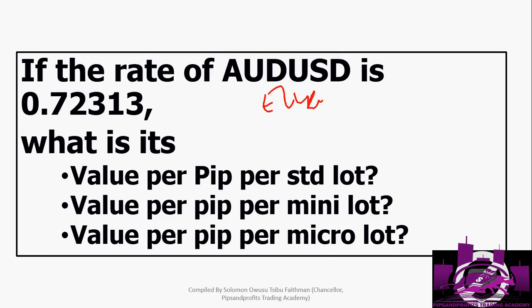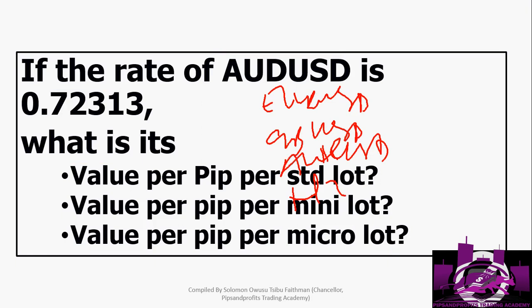We have done Euro USD. We have done GBP USD. We have AUD USD. We have NZD USD. When you do that, your value per pip per standard lot, that is a pip move,